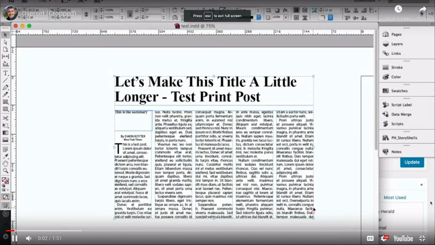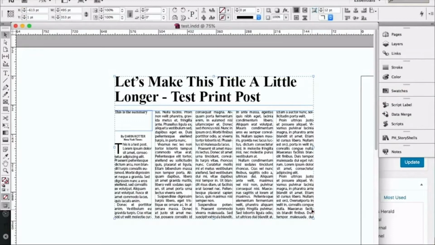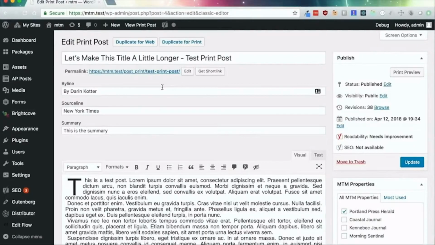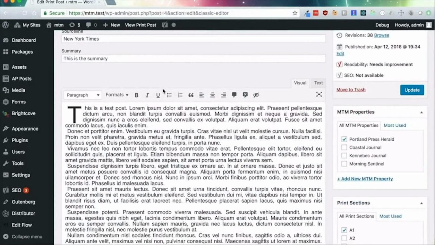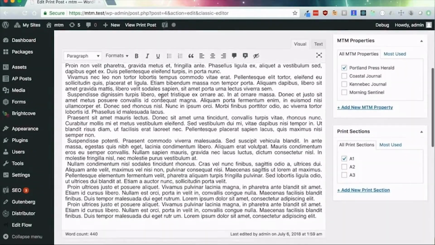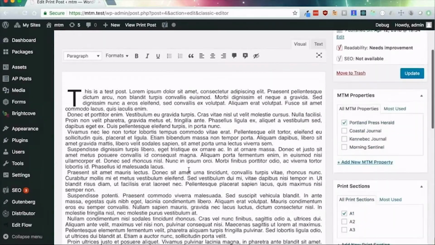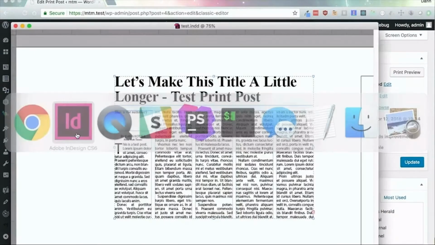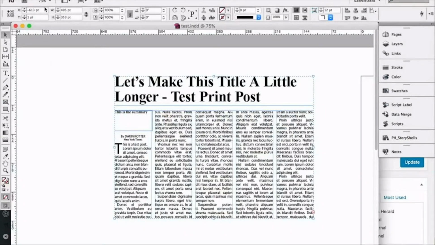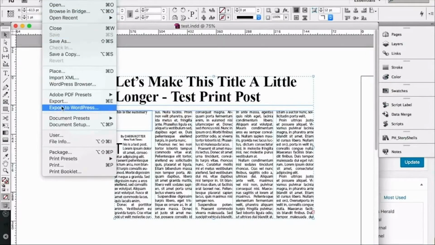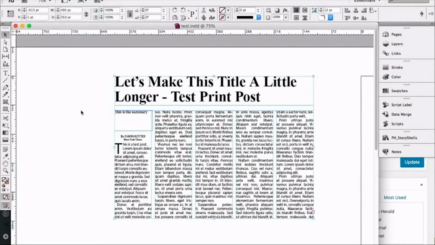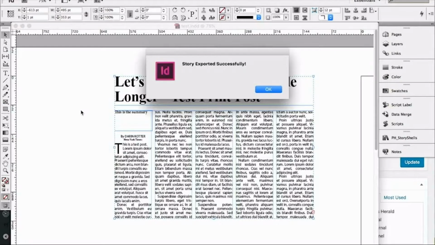So again, this is InDesign. InDesign has a little overset indicator here showing that the text actually is overset and it's not going to flow well. So if we open up this story in WordPress, this is the version of the story before any changes are made. You can see there aren't really anything except for lorem ipsum, the byline, headline. So within InDesign, the designer would go in and say export to WordPress, which it does. And then if we jump back into WordPress,